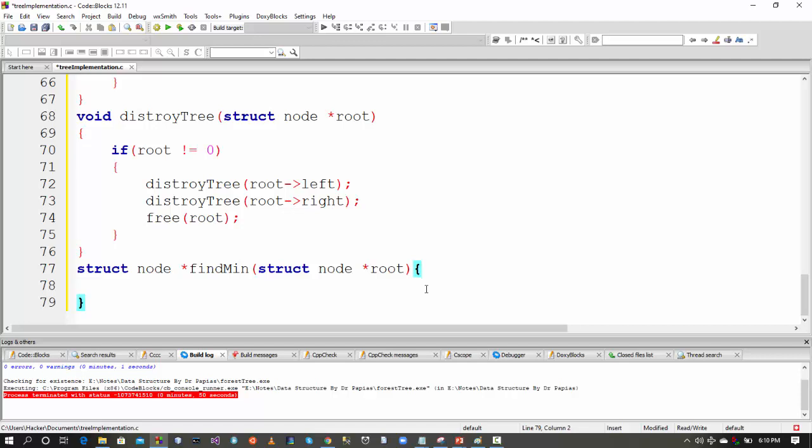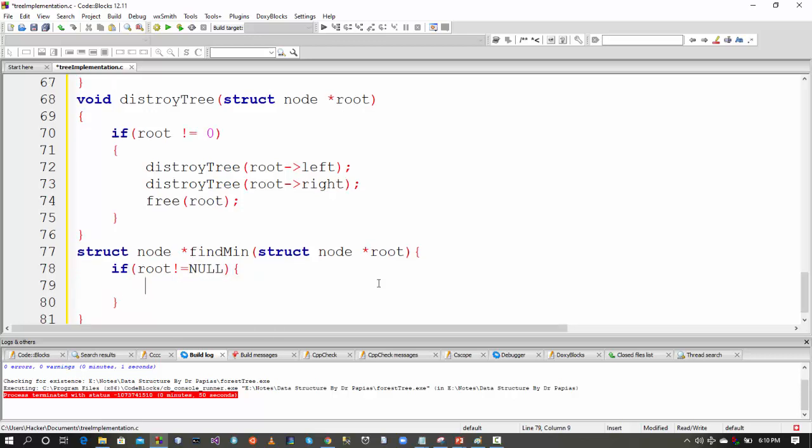I need to say if the root is not null, it is when it can be done. If root is not equal to null, then it is when I can do everything. So what should be done? So if root dot left